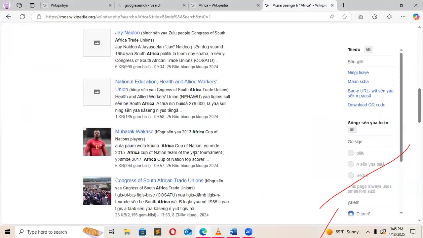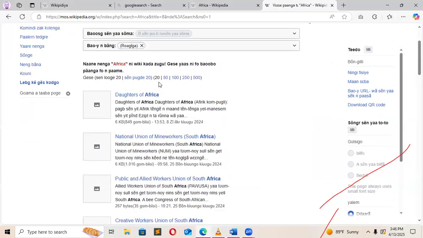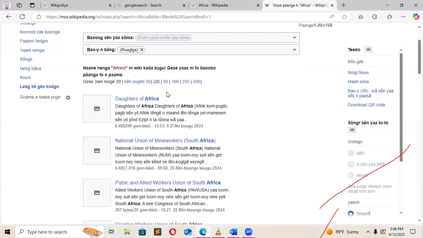If you find that article Africa, don't create it again. You go and add your content. You check what you have to add and add it to the already existing article. As we said already, we don't duplicate articles in Wikipedia. You only add to the content so that it will be magnificent. Now, Africa is not found.